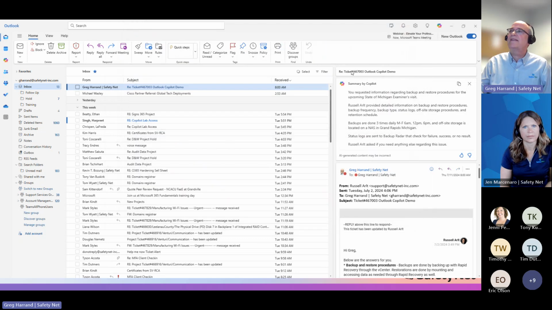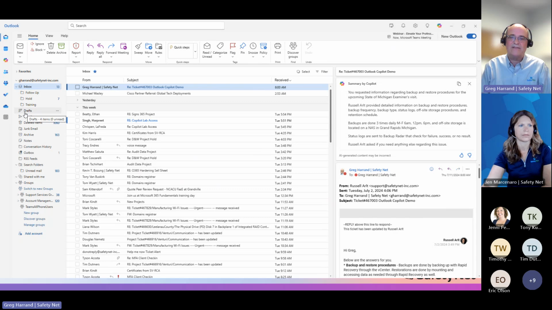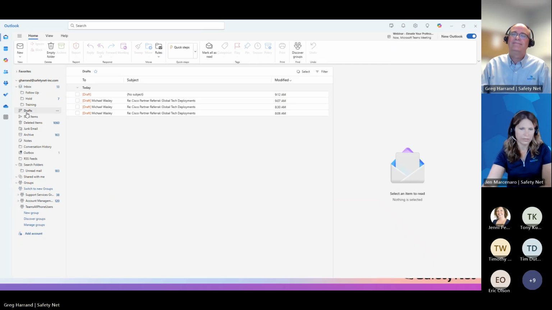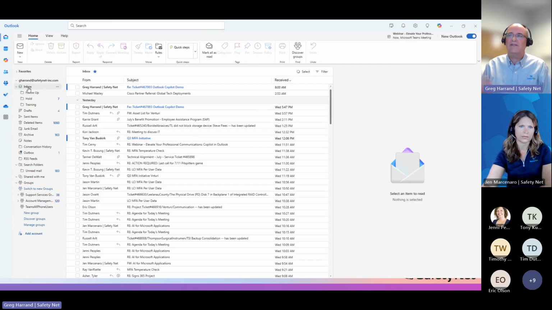So I'm going to go ahead and close that. One of the things I will tell you that I found with the new Outlook is that notice how it didn't ask me if I wanted to save my email when I signed out, or if I want to send it? It automatically saved it in drafts. So I'll just give you a heads up with the new Outlook. You have to be careful because sometimes you'll have unsent email in drafts. Just wanted to give you a heads up that I've learned with it.